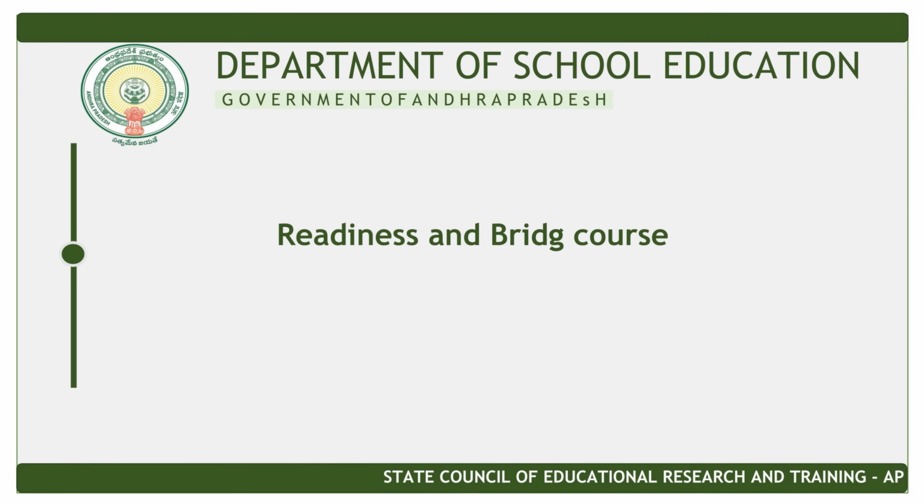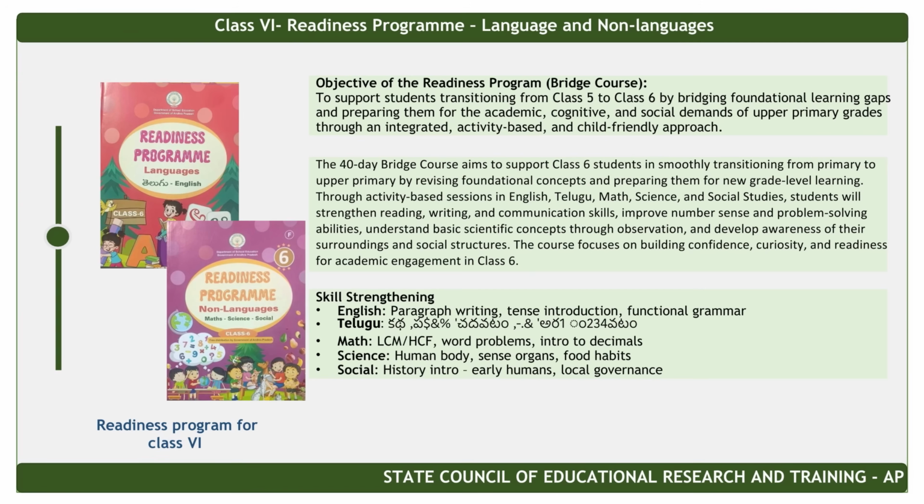Next, coming to the readiness and bridge course, we have the readiness program for class 6th. The objective of this readiness program is to support students transitioning from class 5th to class 6th by bridging foundational learning gaps and preparing them for the academic, cognitive and social demands of upper primary grades through an integrated, activity-based and